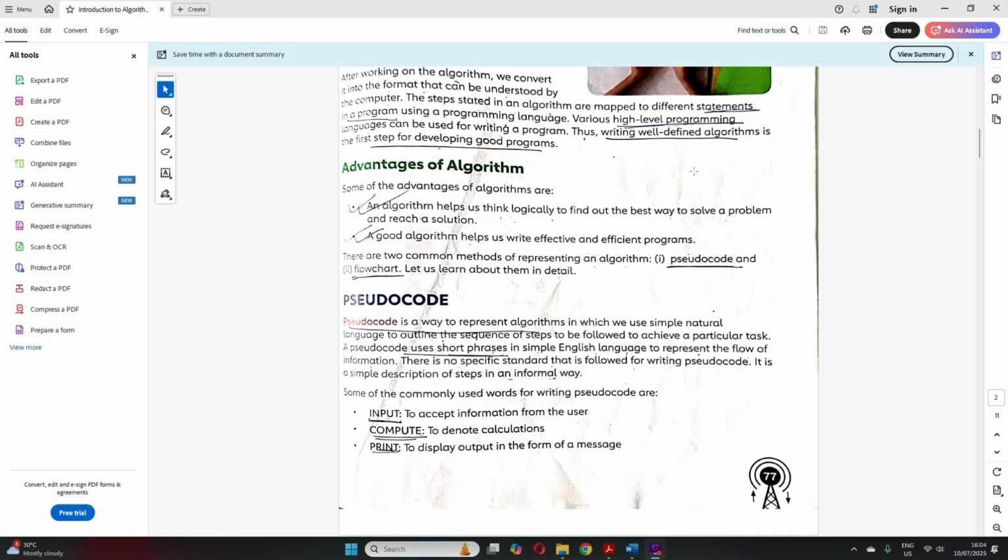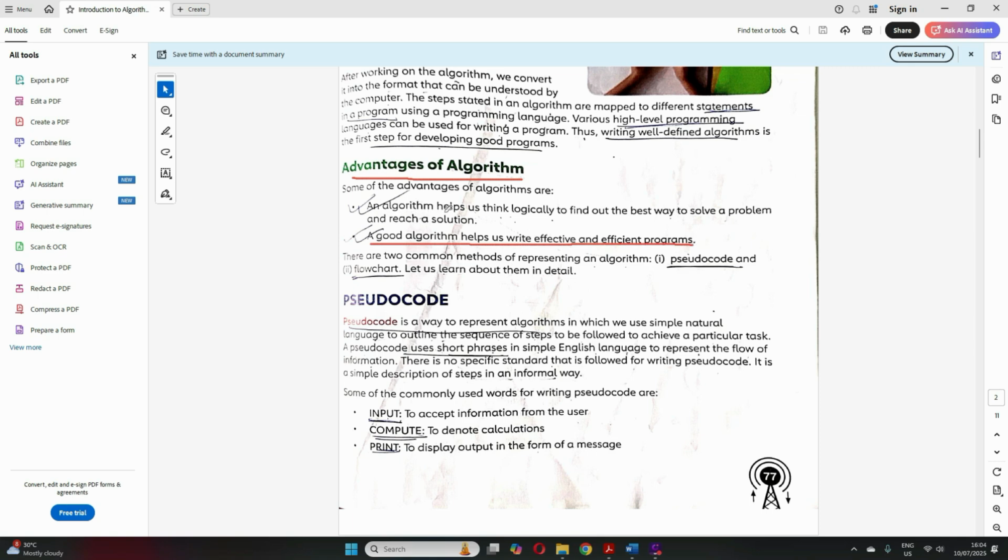Now, what are the advantages of an algorithm? As you have understood what an algorithm is, let's try to understand the different advantages of algorithms. The very first advantage is that it helps us to write computer programs. A good algorithm helps us to write very good, effective and efficient programs.